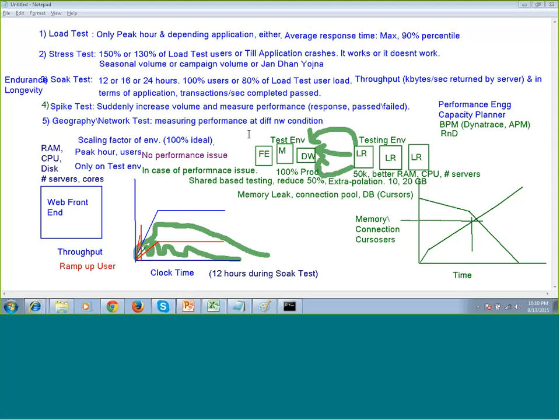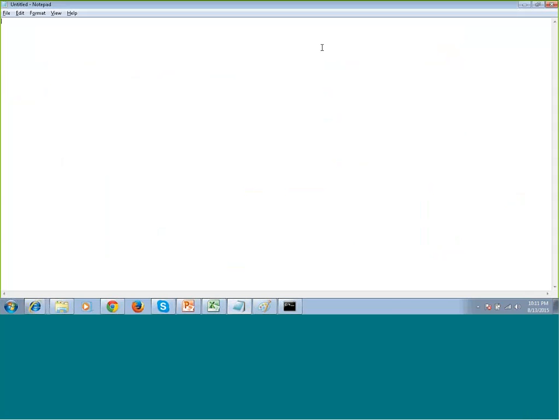Okay, so do you need the screenshot of this before I remove it? You can take it and maybe try to find certain factors, maybe scaling factor, or RAM, CPU, disk, or no performance issue, how performance issue, what is the PCAR, all these different types of tests. You can search online, or you can try to find different openings in performance engineering, capacity planning, or APM or R&D. All right, so I'm going to wipe this, and we will quickly move to our next